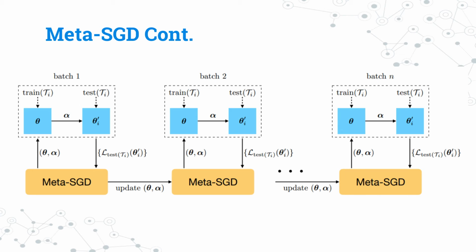And then we test this theta i prime on test data from those tasks, and using the loss on the test data, we take the gradient of this loss with respect to theta and alpha to update our new theta and alpha. So to answer your question, the alpha is involved in this step here, how we get from training on this theta and updates to that theta to this new theta i prime